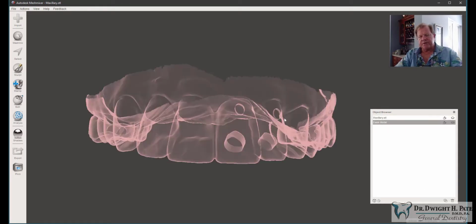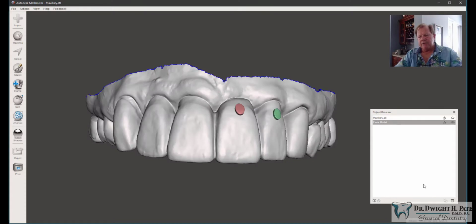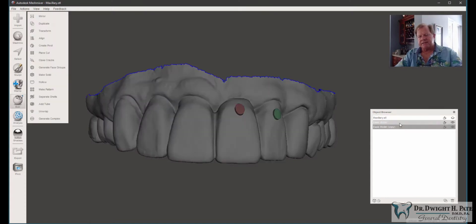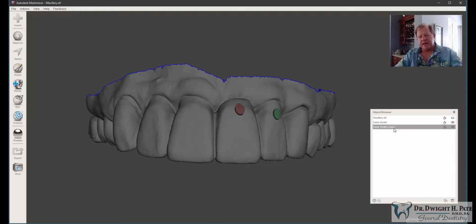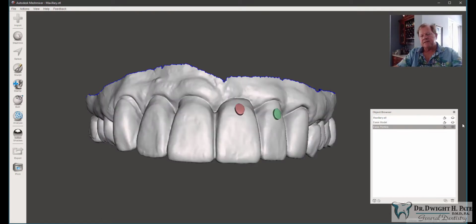I actually want to create my ponics from this Essix model. So at this point, I want to duplicate the Essix model, and I'll rename this one Essix Ponics. Now, for the Essix ponics, I'm going to close the Essix model off, and I'm going to open just the Essix model and show it